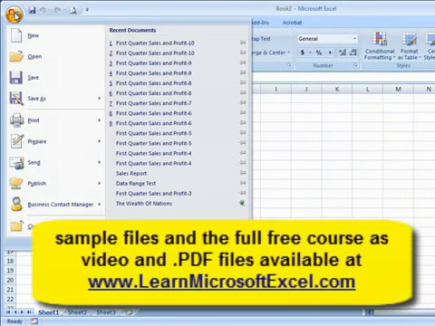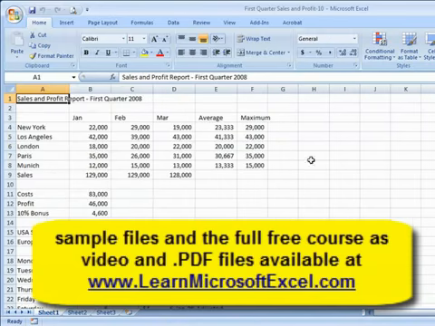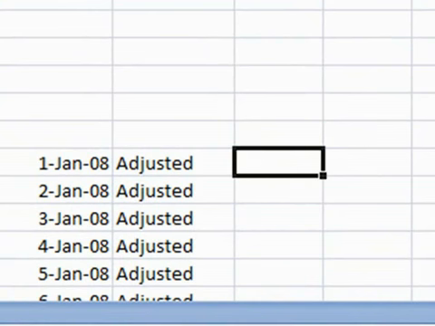For this lesson, we need to open the file First Quarter Sales and Profit 10 that you'll find in your Sample Files folder. Of course, if you're working through the course sequentially, you'll already have this file open. In cell F18, I'm going to type the date, the 1st of January